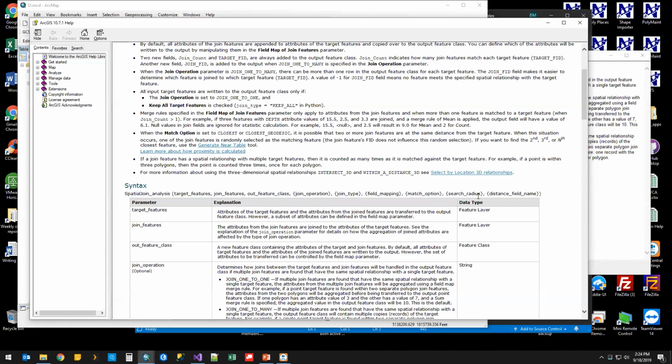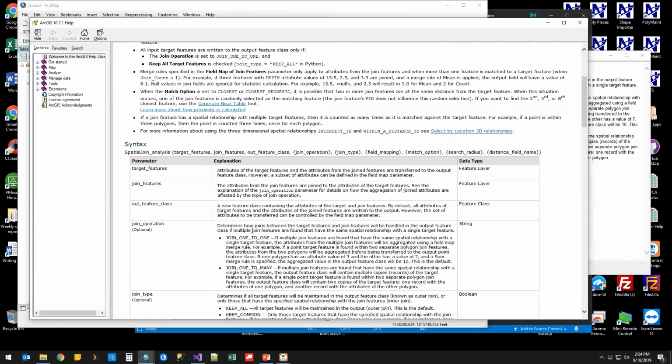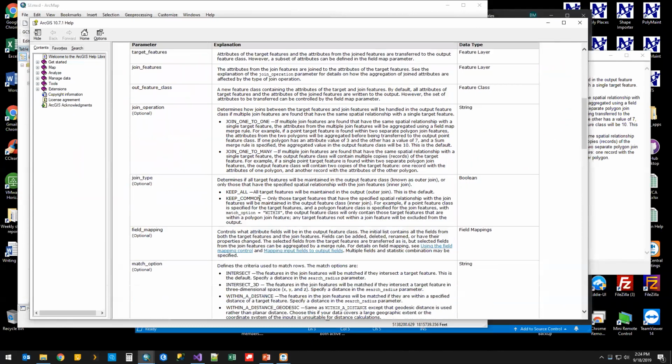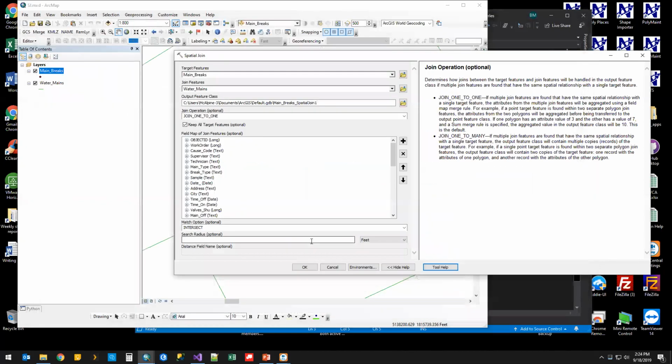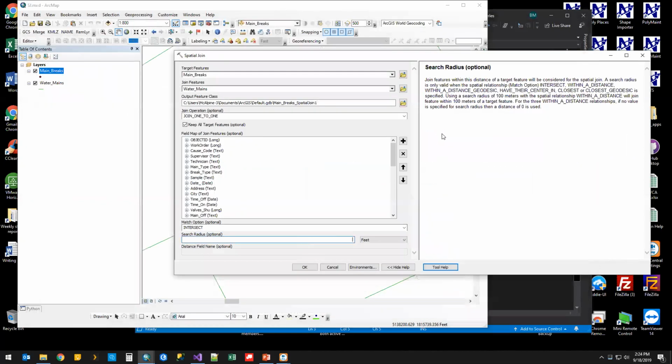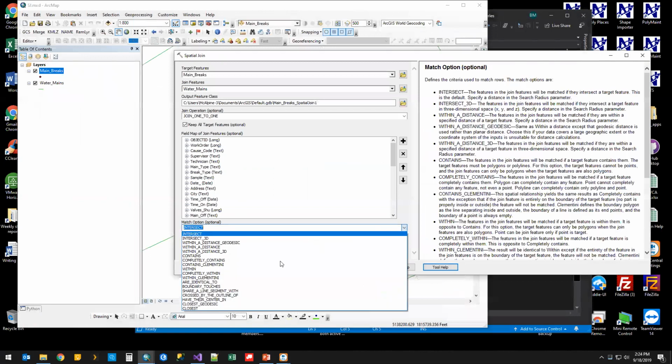Everything else is optional. In our case, that's great, except for when we look at match, because the default, it's kind of hidden in there, it says this is the default, is intersect. And that doesn't work, so we need to specify something else for that to work. In our case, we could either add a search radius. So I could say intersects within 30 feet. But I think for this case, I want to do the